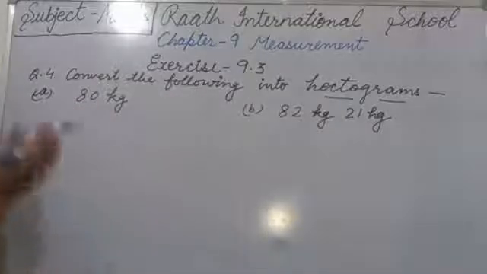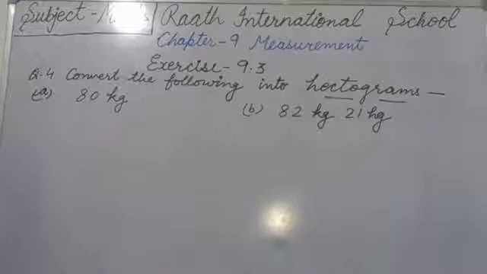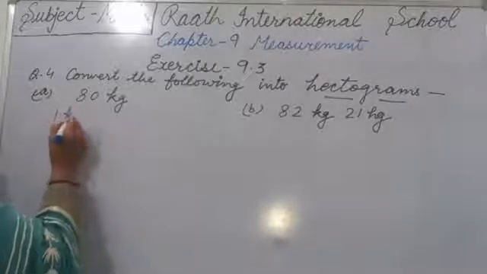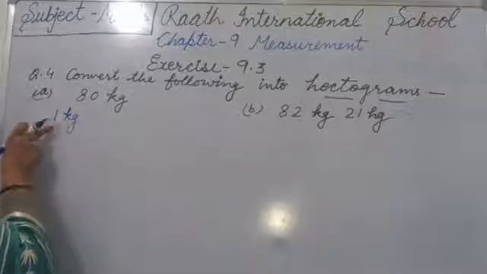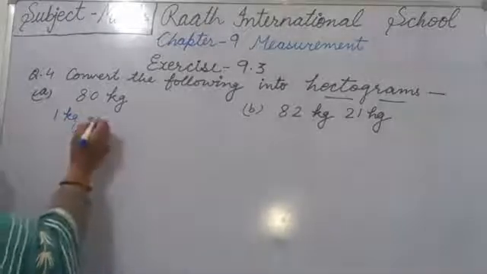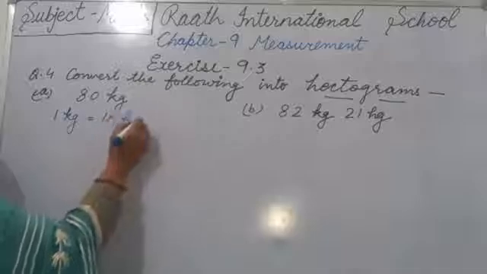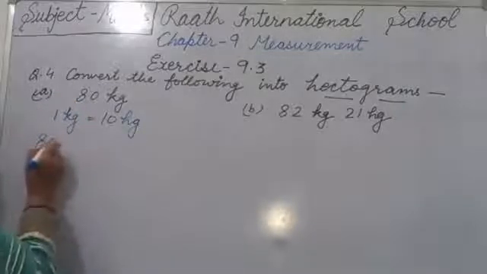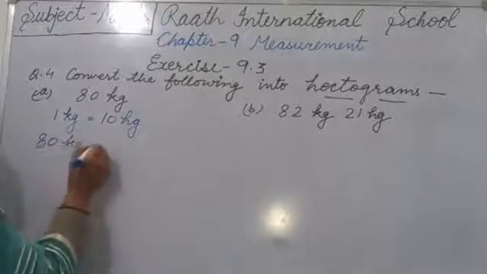Kg to hectogram. Just down, after kg we have hectogram. So in 1 kg we have 10 hectograms. We write here 1 kg. Big unit is kg. So with 1 kg we will use here 1 equals to 10 hectogram. Hecto is small, so with hecto we will write 10. Now there is 80 kg. So in 1 kg we have 10 hectograms.